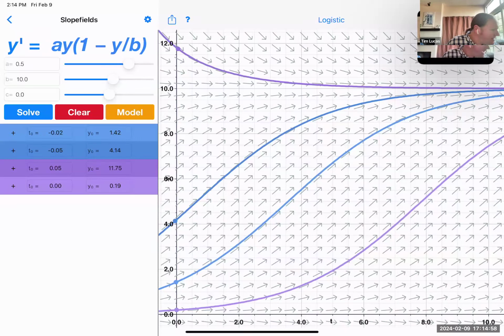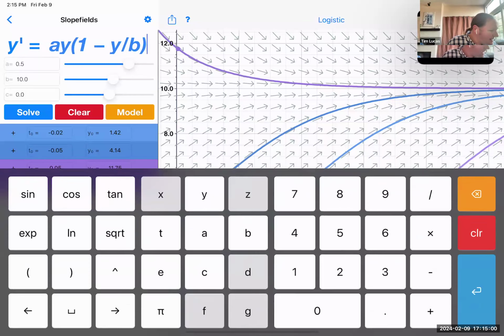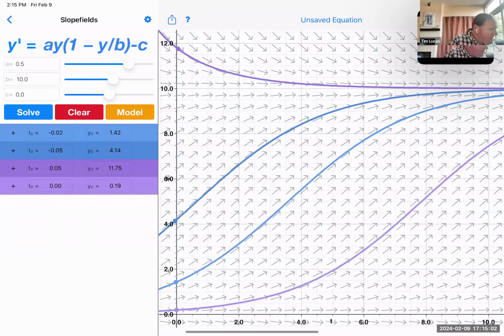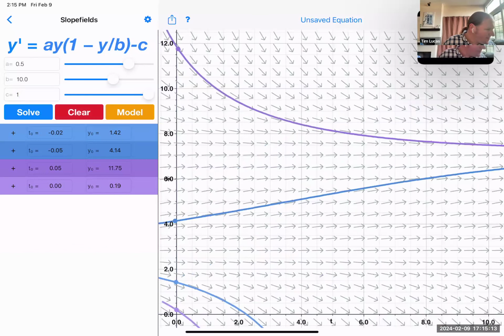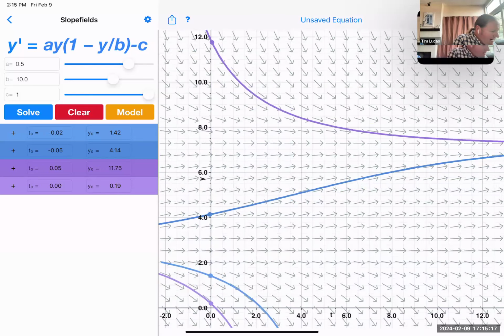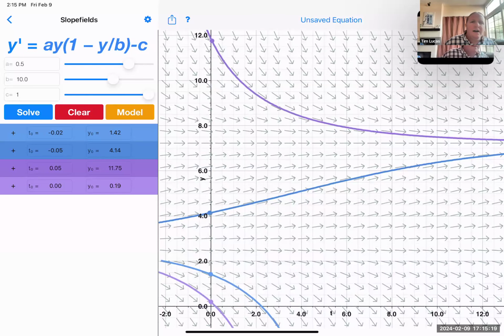I'm going to add, let's see if I can do this. I'm going to add a constant rate of removal. I'm going to call that C. It's constant rate of removal. And then I'm going to, let's see. So if I start with C equals, say, 1, let's see if I can get this picture to be right. Okay,